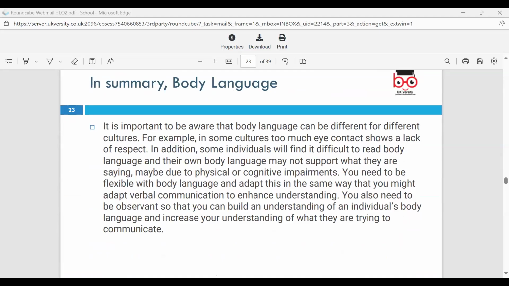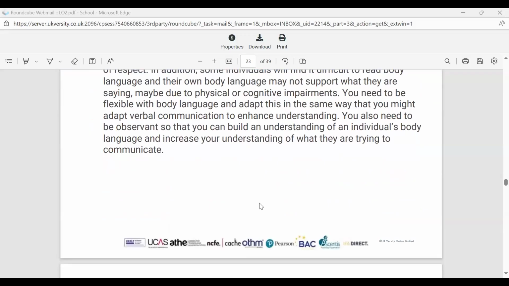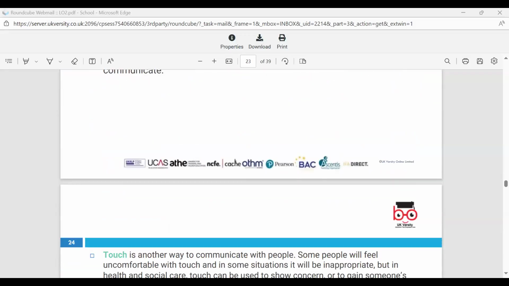It's just how you use body language and your mannerisms and how you support someone with your body language. You can have flexible body language to adapt to the individual's communication, but you can also offend people as well, and you won't know that you've offended someone. So you need to be really careful when it comes to body language. And now with the impact of COVID, it had a huge impact on body language, don't you think? Because people don't like to touch each other. Oh yes, it was so funny. Yeah, it is. It's had a huge impact on it.